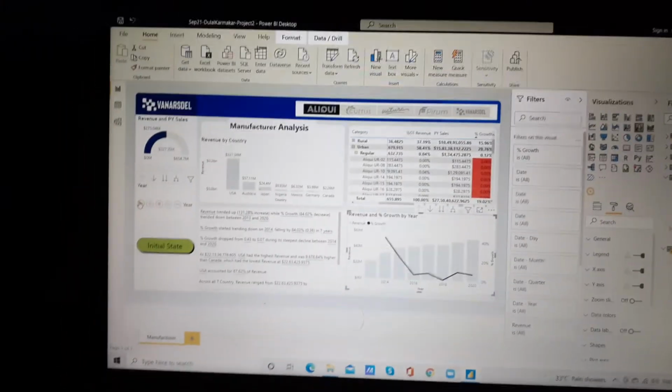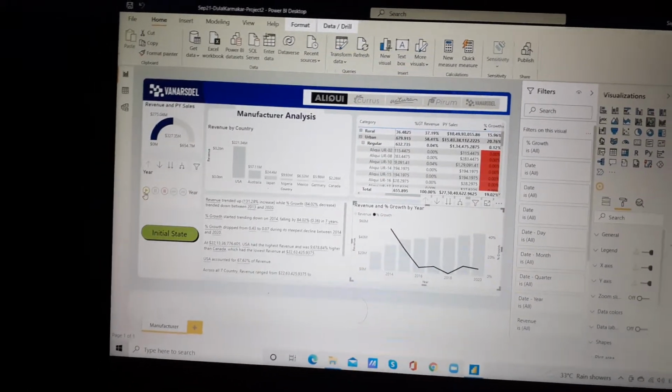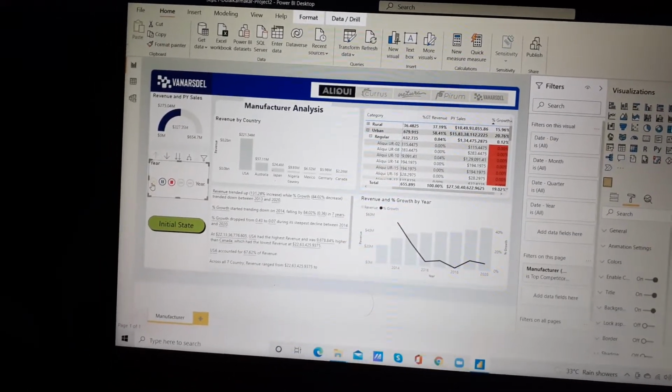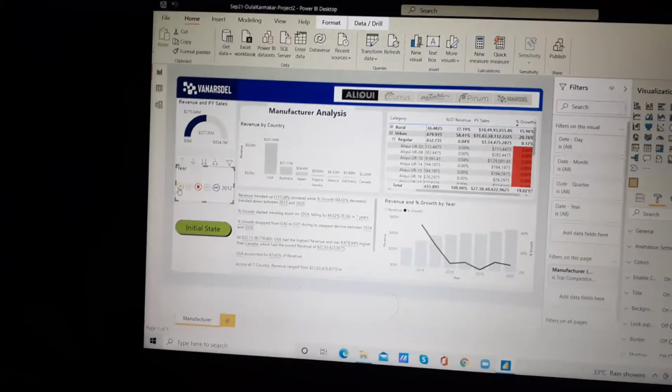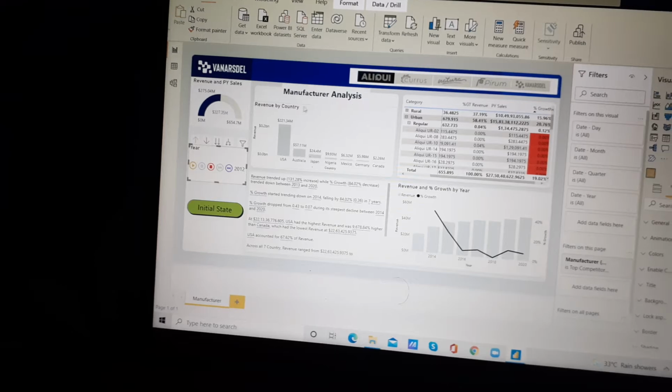Now I will also show you how the play axis button works. If I click on the play button, right, it will show you the changes year wise.